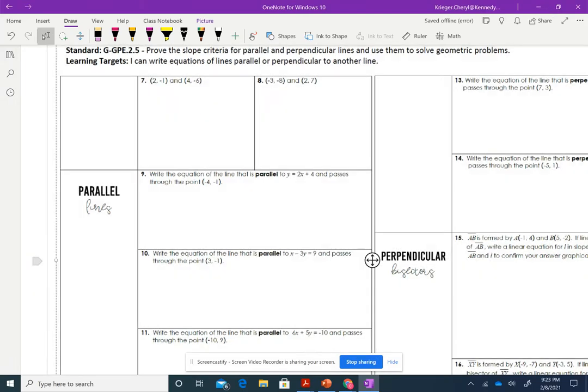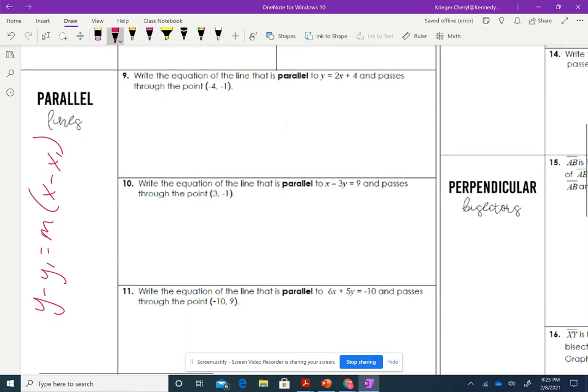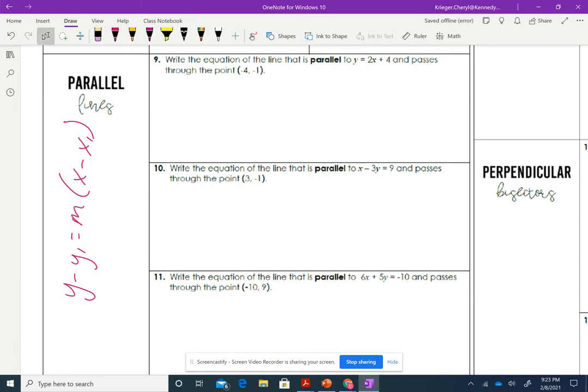Alright, guys, we are almost done with this unit. We are talking about parallel lines and perpendicular lines, and we are using point slope form. That's y minus y1 equals m times x minus x1, so that we can be given only the slope and a point and find the equation of any parallel or perpendicular line. Okay, so let's go ahead and do the odd ones together, and you're going to do the even ones on